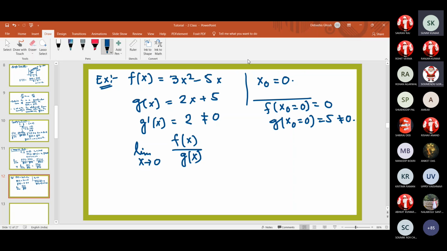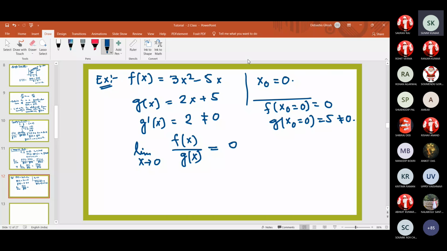So we are not getting that g of x0 is not equal to 0. Is it given? Given, sir, f(x0) is equal to 0 and g(x0) is equal to 5. No, the function is given. Then you just replace that x. Put the value x equals to 0, and you will get that is equal to 0. So the answer will be simply 0. Yes, the value comes to 0.